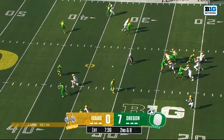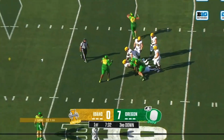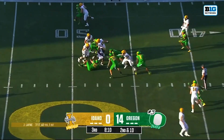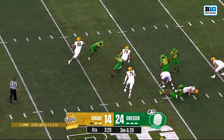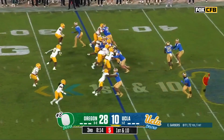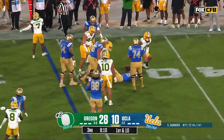Goes in motion. Lane under pressure, and he gets sacked. Eli Cummings. Derrick Harmon right there to rip. Pressure again. Ball comes out. Second half. The 18-yard hit for Harden. He is run down by...